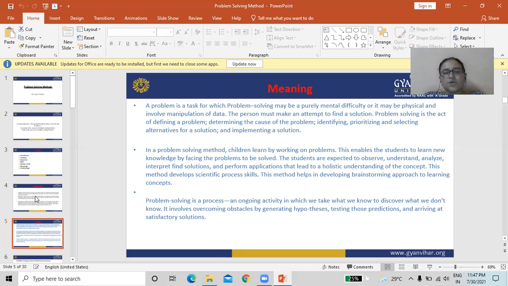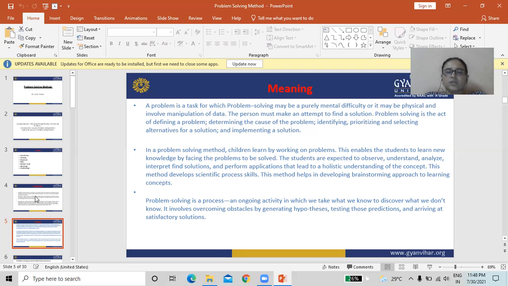Problem solving is a process and ongoing activity in which we take what we know to discover what we don't know.